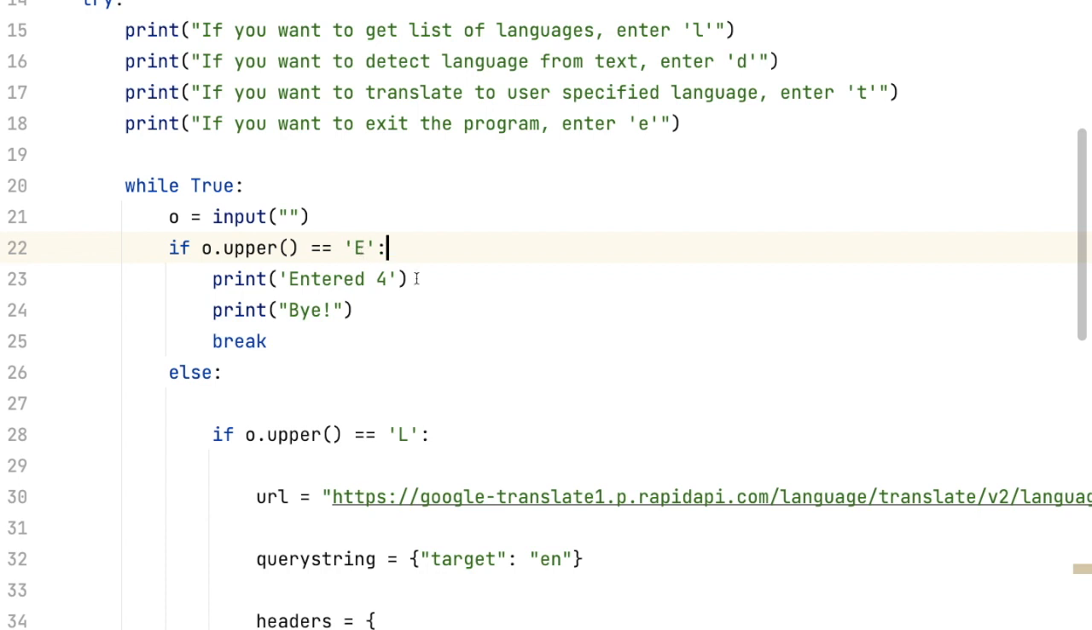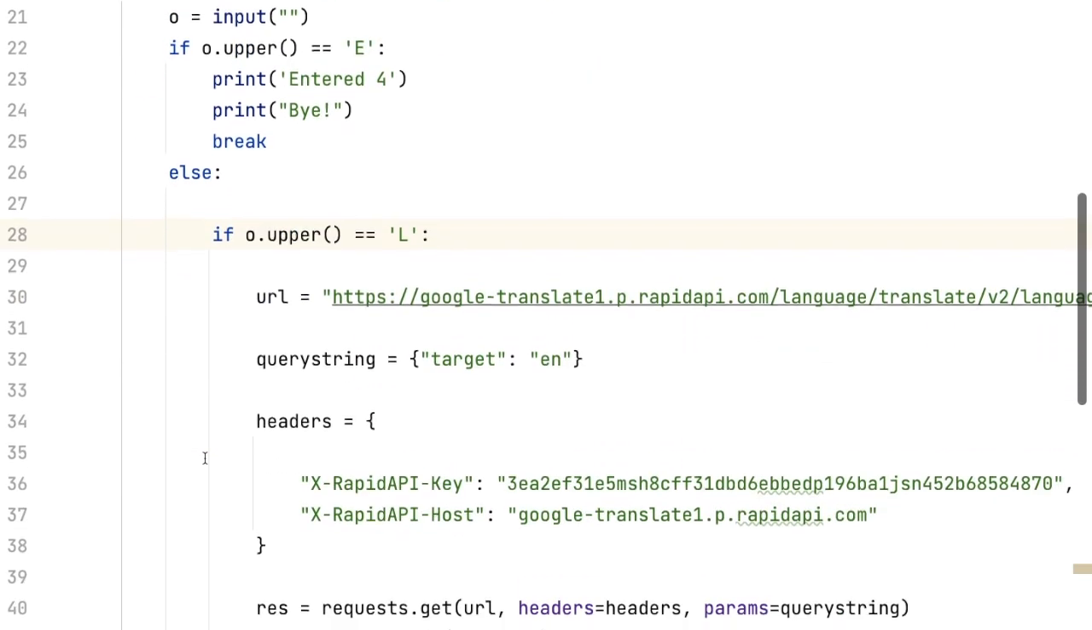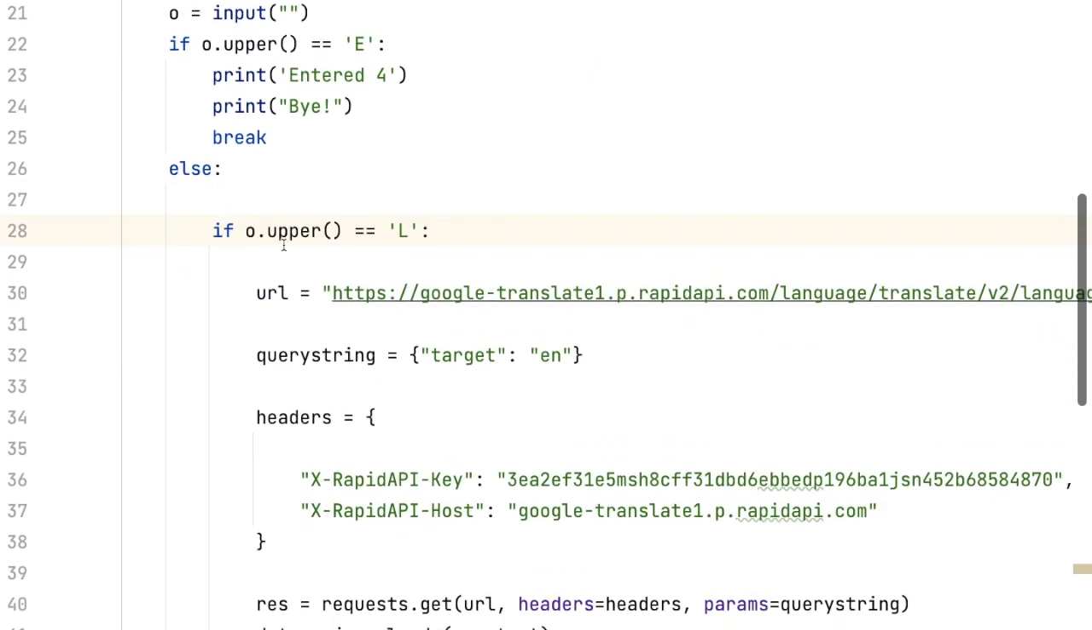And then print entered 4. Entered 4, entered 1 is basically like debuggers to make sure it enters the correct one. So for example, this is 1, 2, 3, 4. So here I said entered 4. Then it says print bye just to acknowledge that I'm exiting, and then I'm breaking. But if it's not, then it goes into the else, and sorry about that. So it goes into the else, and then I'm saying if O dot upper is equal